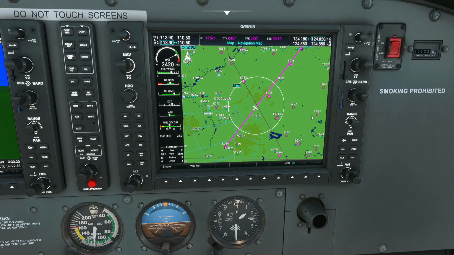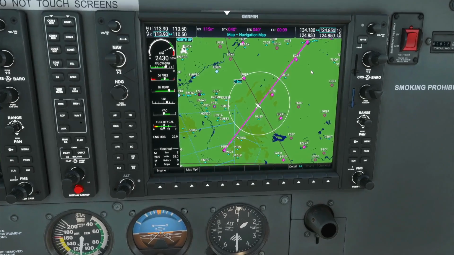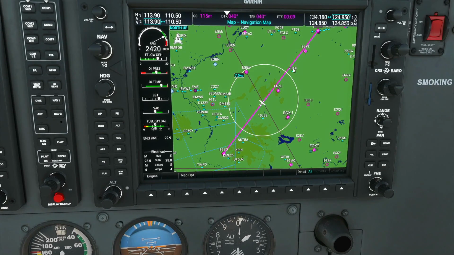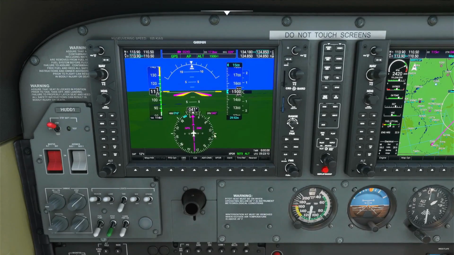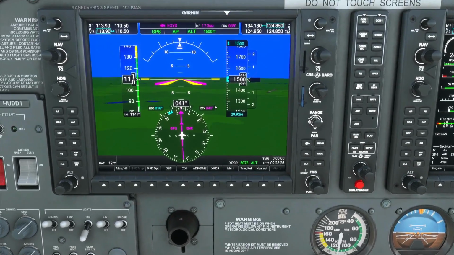Okay, so we're getting somewhat nearer to our destination airport. It's just coming into view here on the map, by the way. I've still got my range circle, keep this in mind, especially for tomorrow night, at 7.5 nautical miles. When this airport, EGYE, comes into the circle, that's when I'll start setting up OBS over here. Once again, what I'll be doing, I'll be clicking OBS. I'll be using the CDI knob here to get our bearing here to 10 degrees, or 010, which will be the heading for our chosen destination runway, for the actual